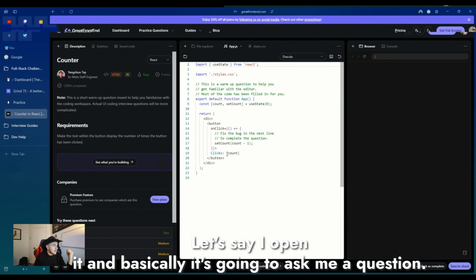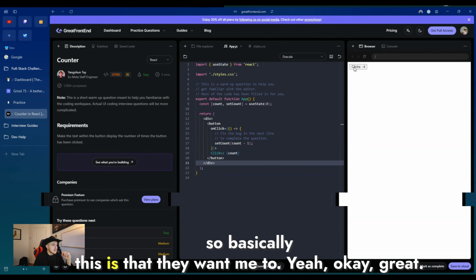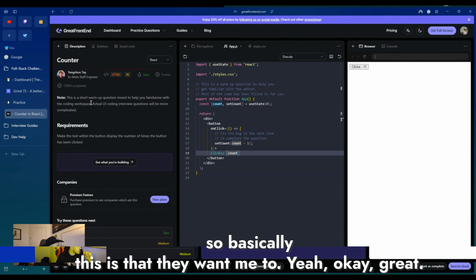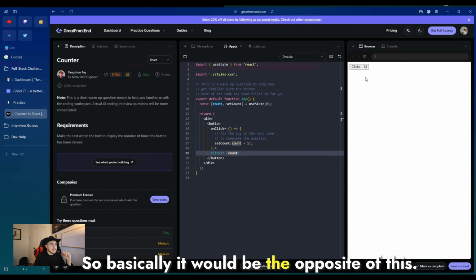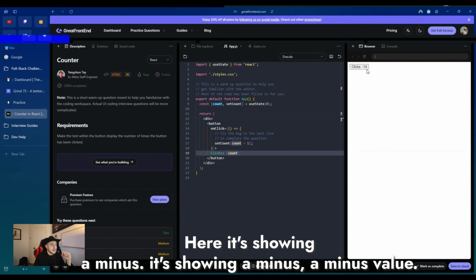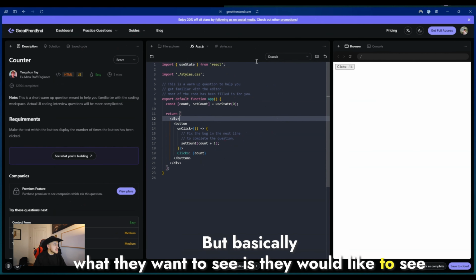Let's say I open it, and it's going to ask me a question. So basically, it would be the opposite of this. Here it's showing a minus value. But what they want to see is